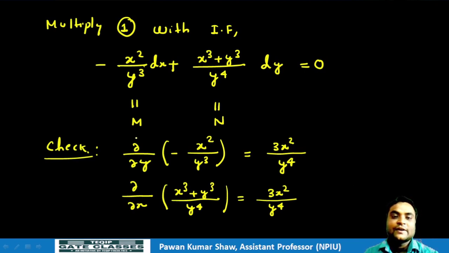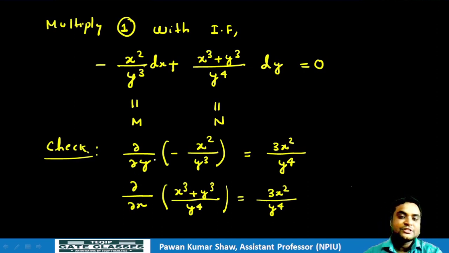So that is the main advantage of the integrating factor. If you multiply by the integrating factor and the equation becomes exact, then we can find the general solution. So only if the equation is exact will we be able to find the solution. In the previous videos, the methods we studied, like homogeneous, non-homogeneous and separable variables, if you check all the problems, that differential equation must be an exact differential. That will satisfy the condition del M by del y is equal to del N by del x, if you are able to write it in the form M dx plus N dy.